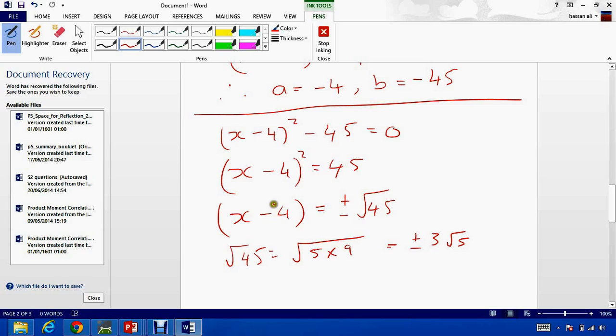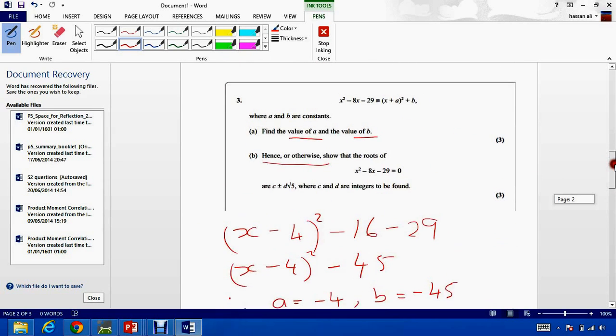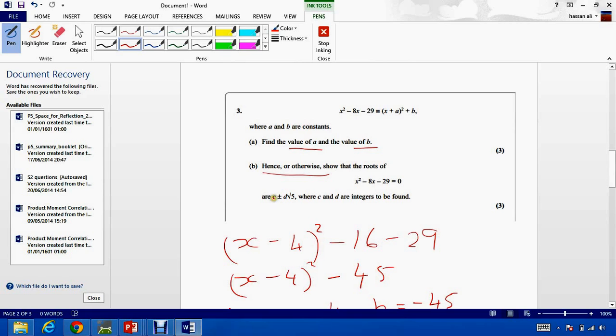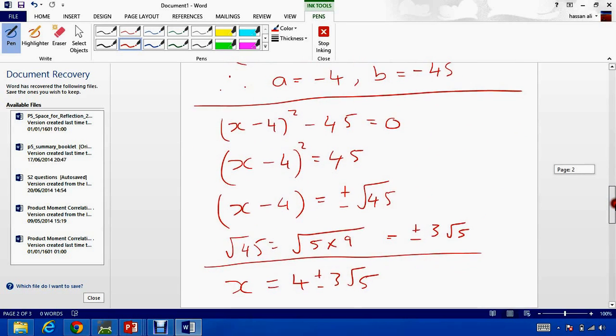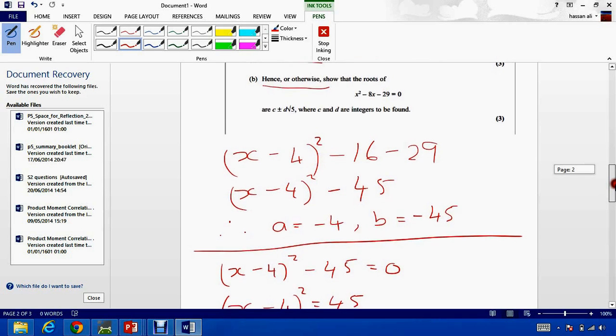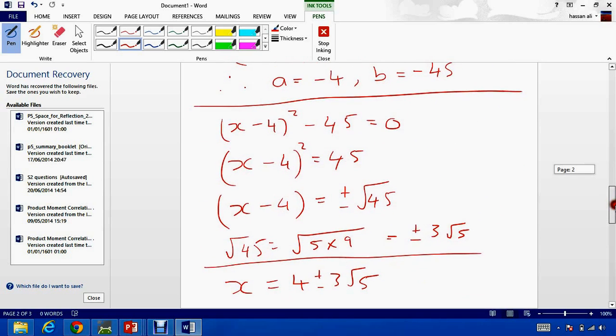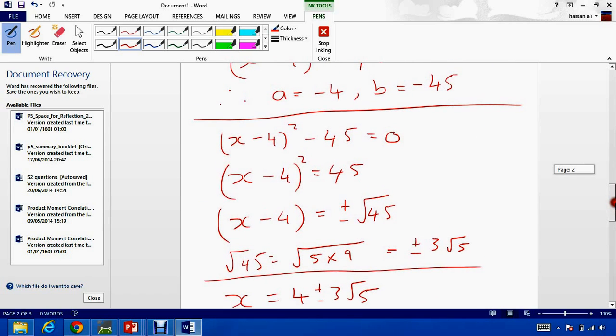Now what you do, you take this minus 4 to the other side. So now you're going to have x equals 4 plus or minus 3 root 5. And just to check, they wanted that in this format, so your c will be 4 and then plus or minus 3 root 5, and 3 will be d and it'll be root 5